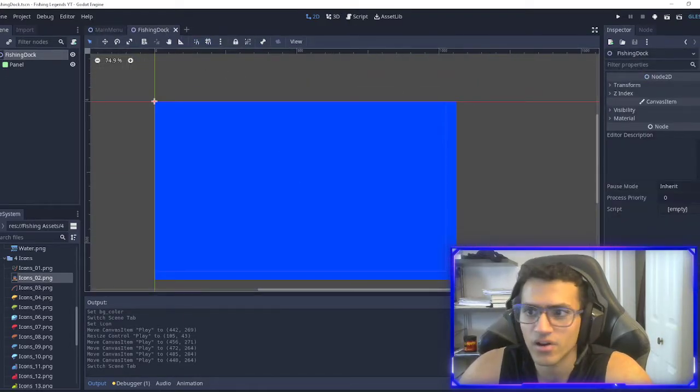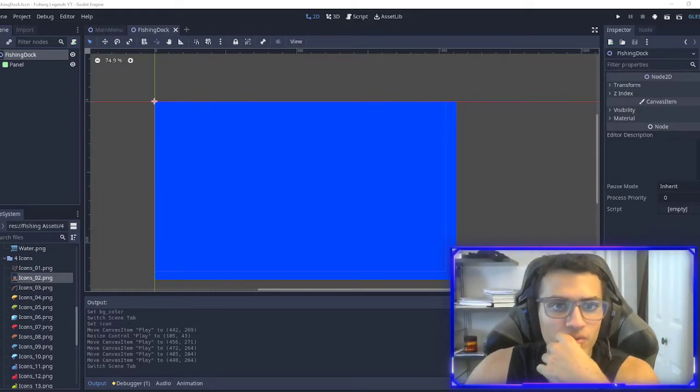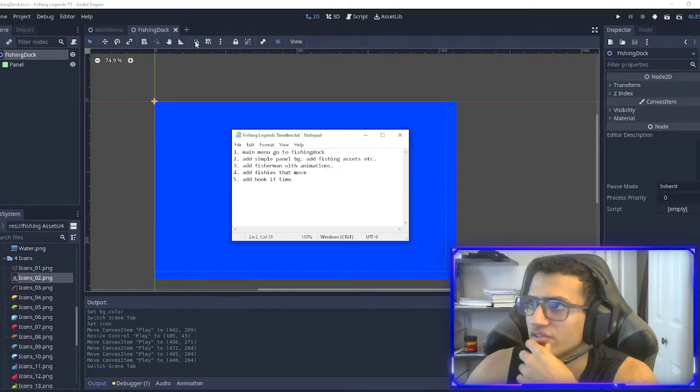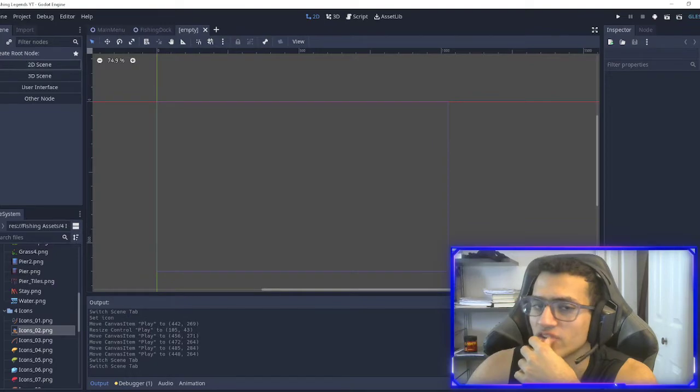Okay, next up, I want to add. All right, just checking my reference real quick. We're going to add the player. Right, we've added the assets. Now we're going to add the fisherman. So to add the fisherman, pretty simple. We're going to actually create a new